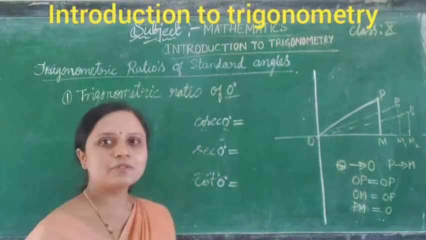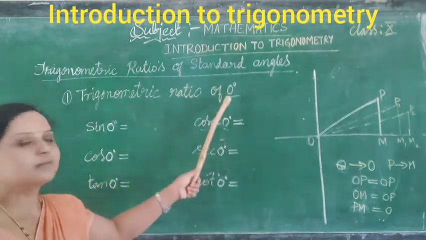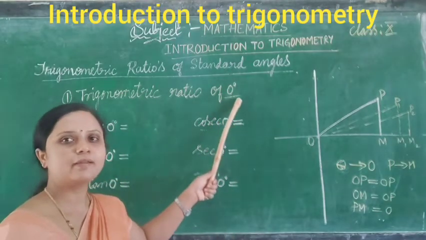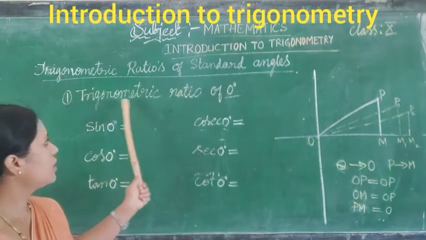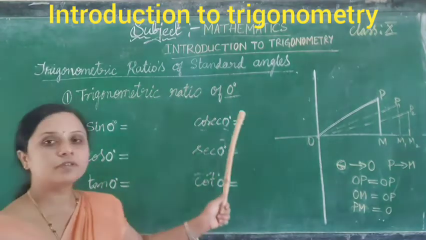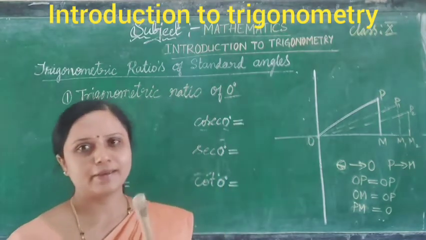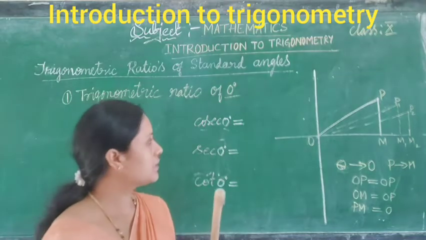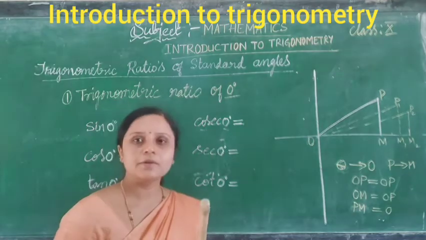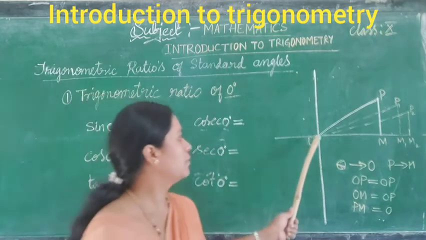Students, now let us go into the fourth angle. It is a very special angle, the 0 degree angle. So now let us find the values of the trigonometric ratios of 0 degree angle. Now let us see what happens to the trigonometric ratios when the angle O